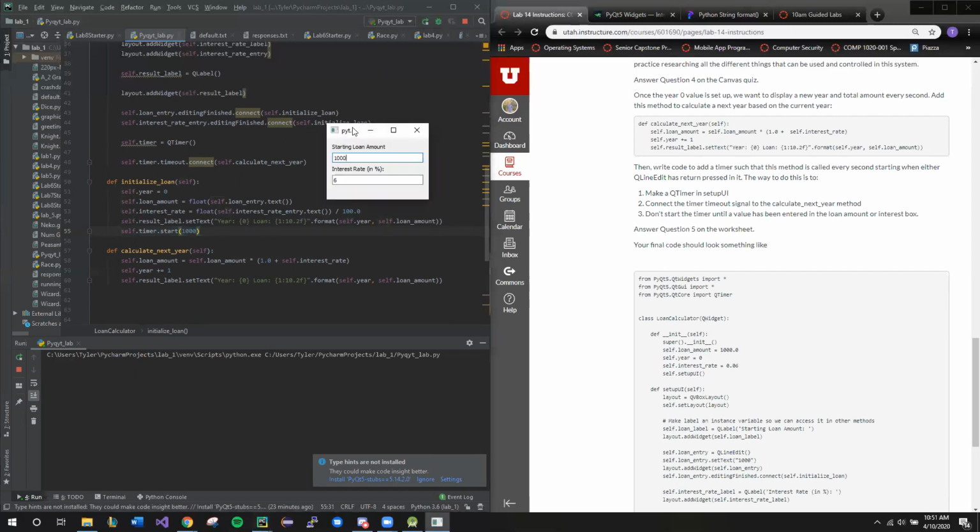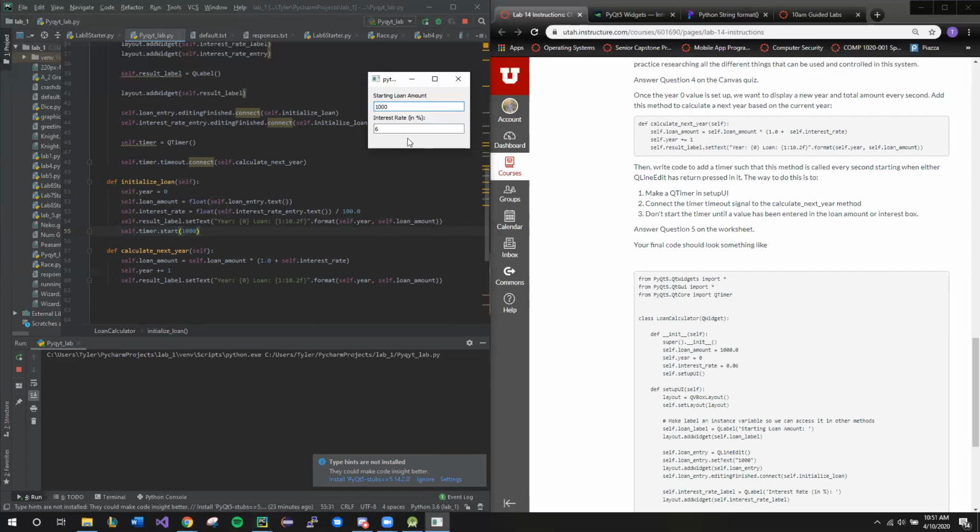So in our final example, if you run your code and you press enter, it should start out with year 1, then it should move to year 2, 3, 4, 5, and each time the loan amount is increasing by our percent. Okay, so then what should happen is if you added these values, for example, if we make it 3 instead, it'll grow a little bit less and it restarts from 0. Okay,